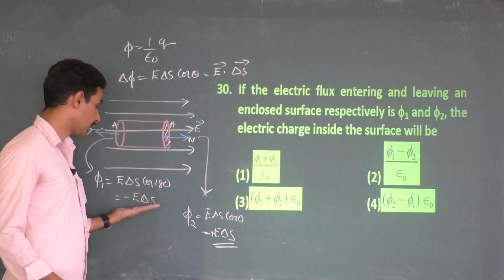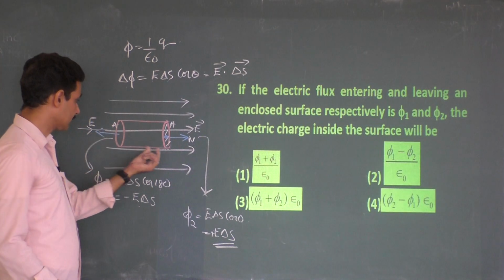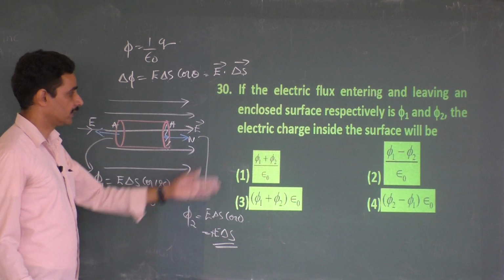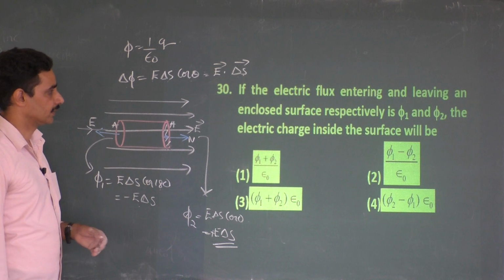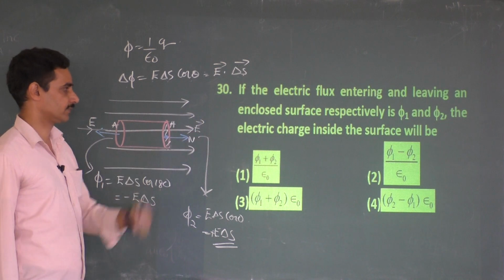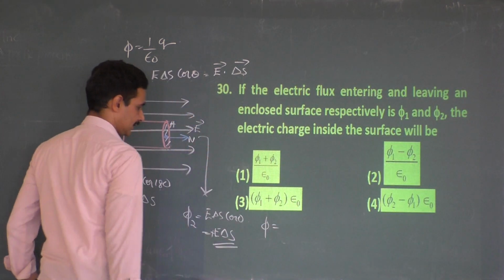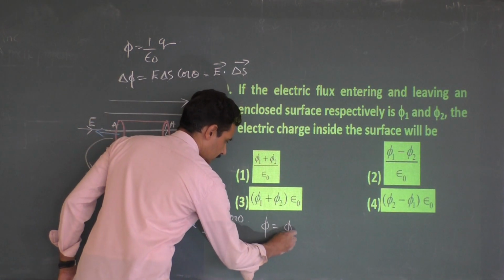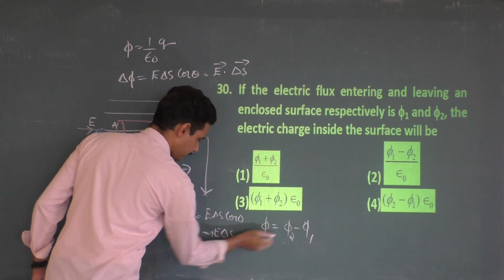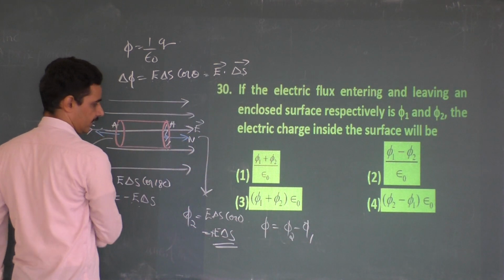So this is phi 1 minus and this is phi 2 plus. They say entering flux is phi 1, leaving flux is phi 2. So apply this. Net flux is phi 2 minus phi 1,